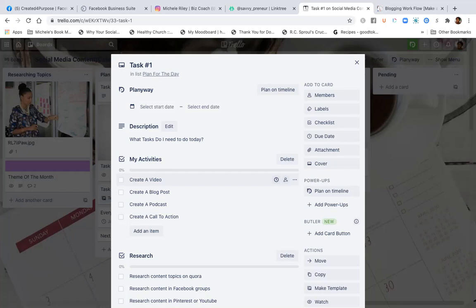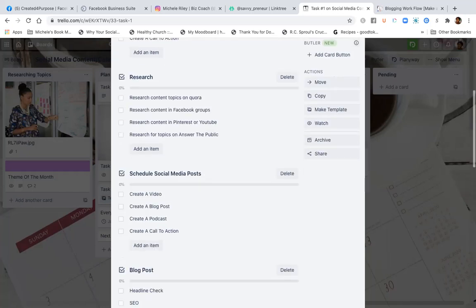So you don't have to keep creating a call to action, because within that theme, you already have your one document, PDF, video, whatever form that you want to create that call to action in. You know, within that month, that is the call to action that is going to be offered to your audience for an email sign up.